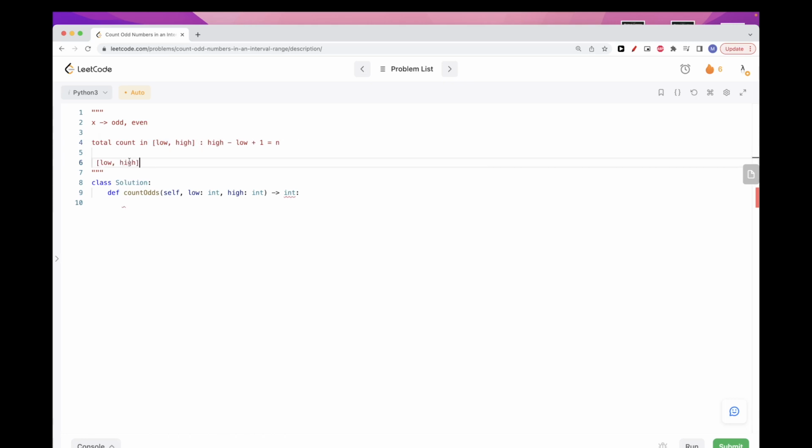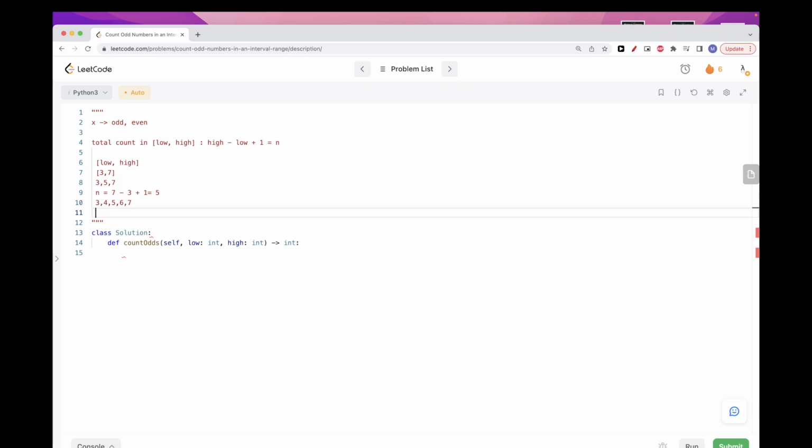So if both are odd, let's say 3 and 7, then the odd numbers are 3, 5, 7. And the total numbers in this range are 7 minus 3, which is 4, plus 1,